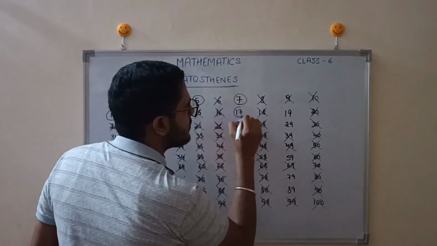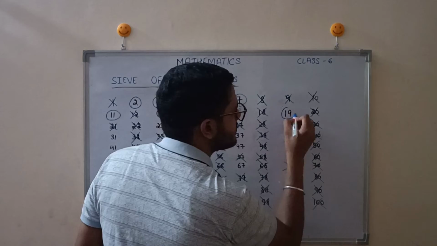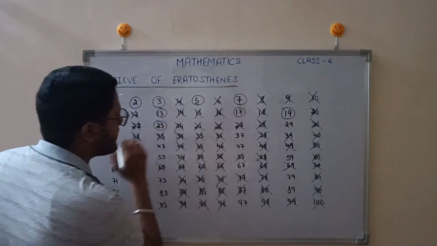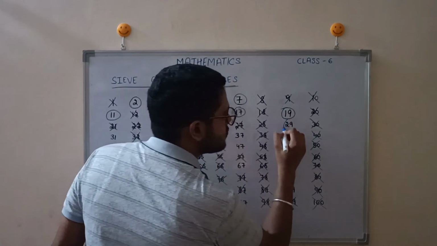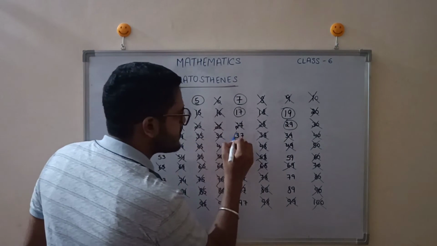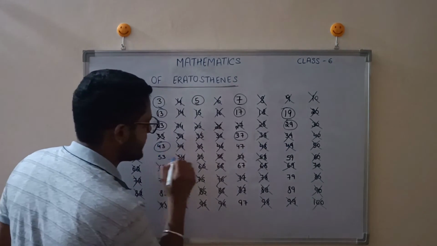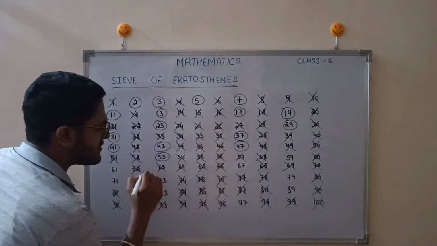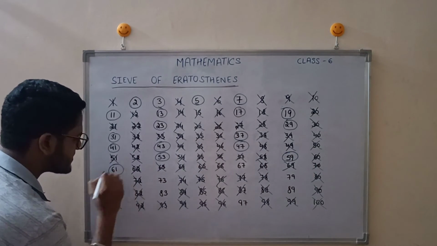Similarly, go for 17 and cross out all the multiples of 17. Then go to 19, cross out multiples of 19. Then we have 23. Similarly, do that step again for 23. Then we will move for 29, then 31, 37, 41, 43, 47. Then we have 53, then 59, then we have 61,